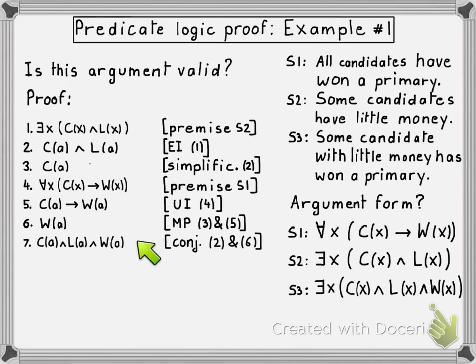So what that means is we just found an element, namely A, for which those three properties C, L, and W are true. Therefore, we are entitled to conclude that there must exist an x, namely A, for which C of x and L of x and W of x holds. How did we make this inference? By using our new inference rule called existential generalization applied to proposition 7. And now we're done because this last proposition is the conclusion of our argument.